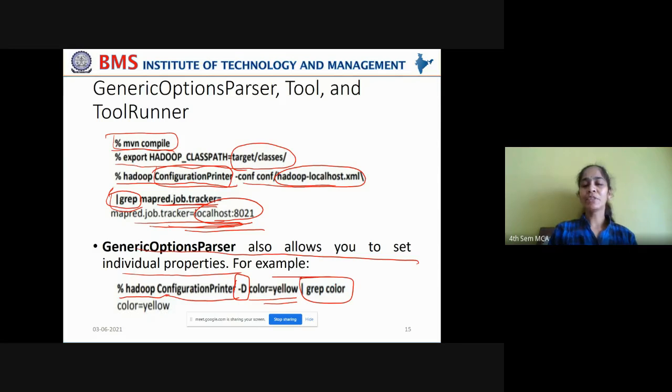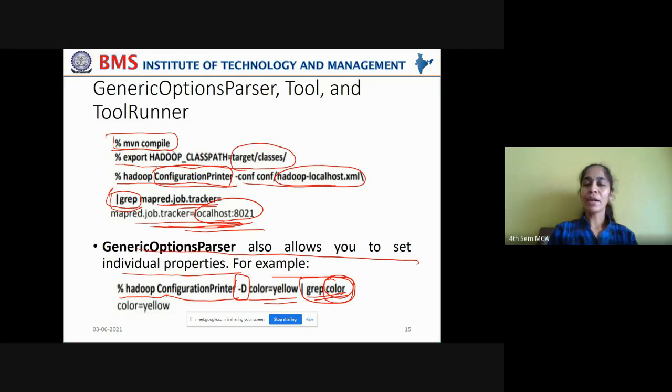Here, the regular expression tries to match it with the property. Why are we using this regular expression? To match it with the name of the property in the configuration file. Now, what is the property you are trying to address? The color property. That is why you have given it in the regular expression.